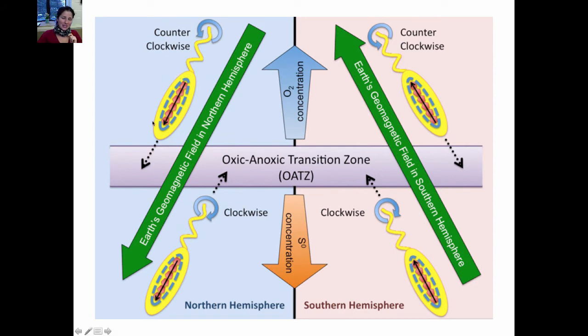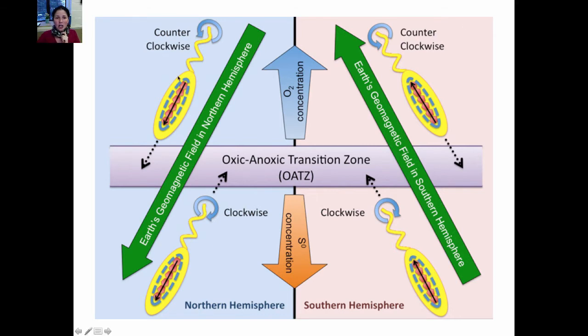So these magnetotactic bacteria have a cell body, and they also have a flagellum. And they line their little iron nanocrystals up so that they orient with the Earth's geomagnetic field. It's funny because the bacteria that live in the northern hemisphere have their compass basically oriented away from their flagellum, whereas the bacteria that live in the southern hemisphere have their compasses oriented towards their flagellum. So they're actually oriented in different directions with respect to their cell bodies, but they're both oriented so that when the compass is oriented with the Earth's geomagnetic field,